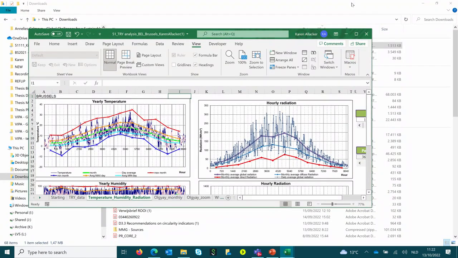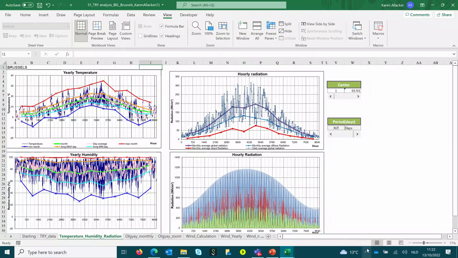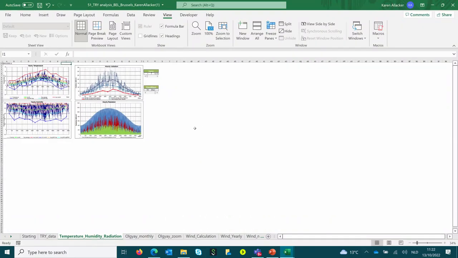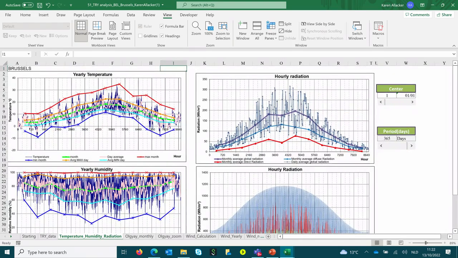There was something wrong, I'm not sure what. If you zoom out, here you see what the full content is of that sheet. So there are 4 graphs, and there is also a period that you can select with sliding bars. So if I zoom in again, the first is the temperature hour by hour, and then the averages are